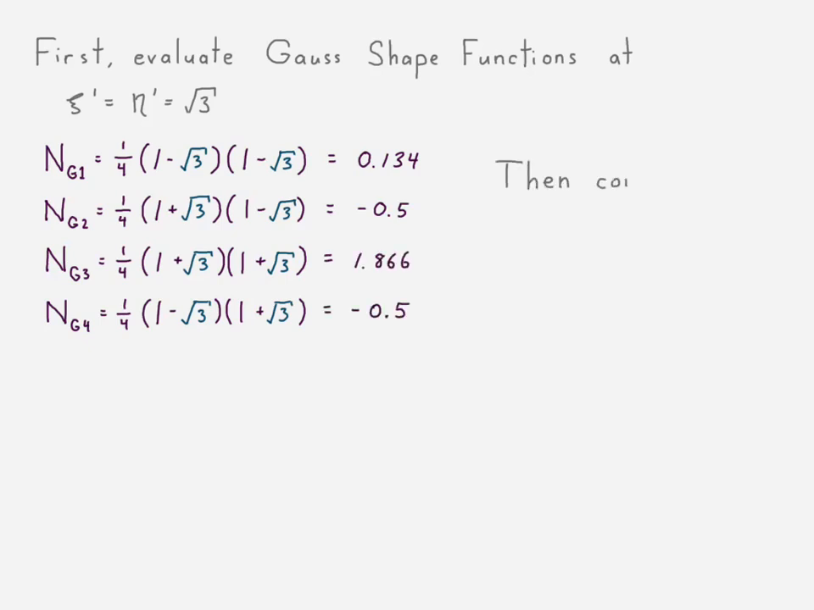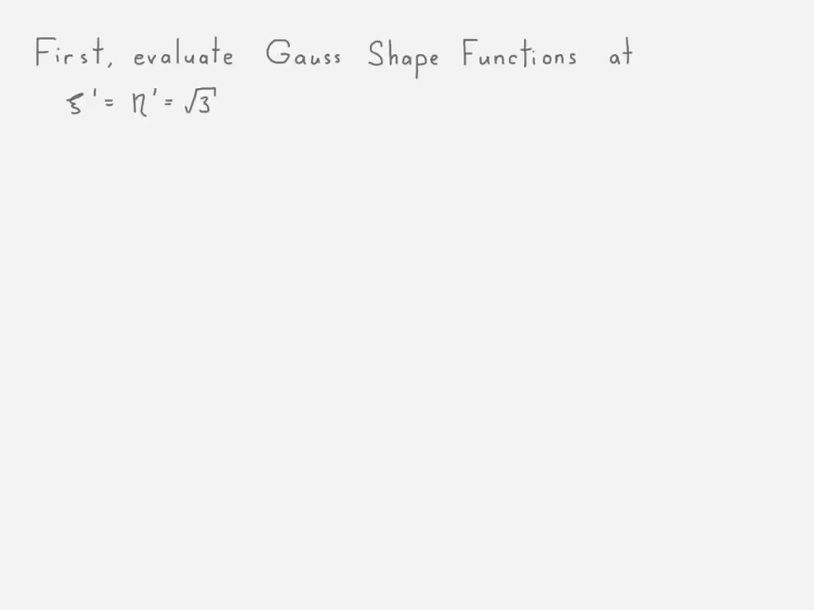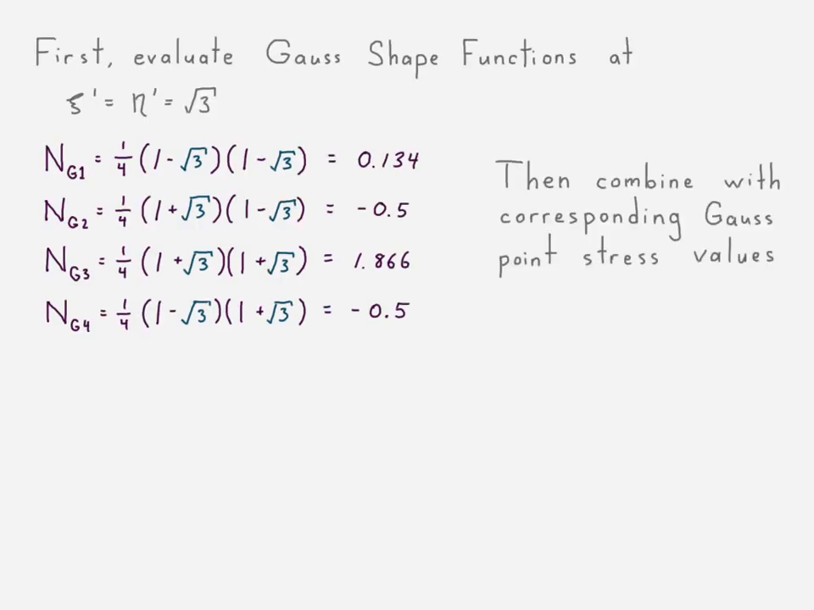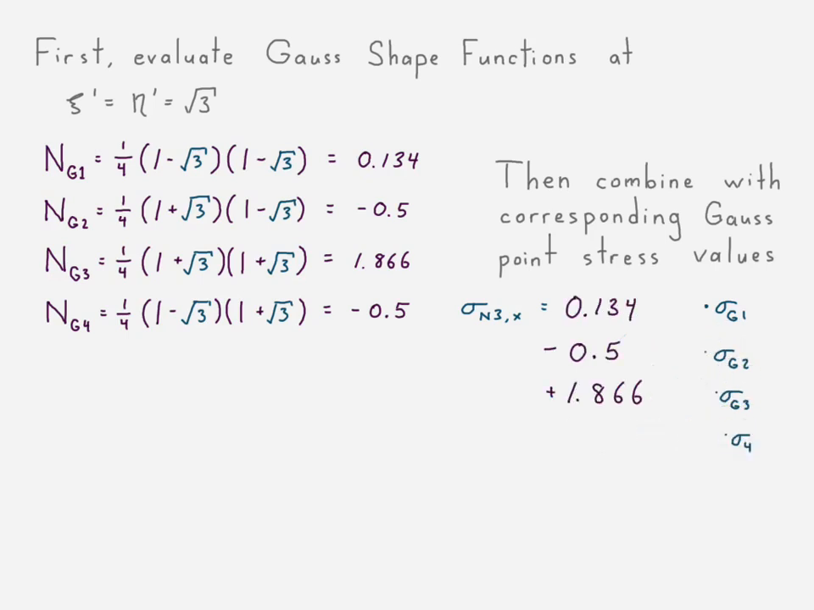Great. All right, so now that we have that, we can combine that with the corresponding Gauss point stress values, okay? That's what we had over here. These are the stress values. So we're going to combine those. All right, so we can say that our stress at node 3 in the x direction is equal to each of these shape functions that we have evaluated over here multiplied by the stresses at each of the Gauss points, and those should be a g right there, and should be x's right here, just the x direction. We'll make those replacements, and we'll make a replacement with those stress values,